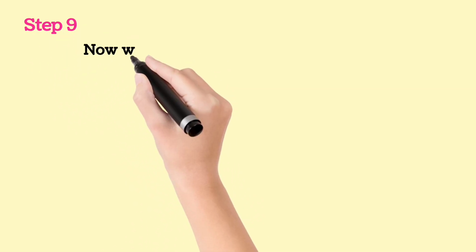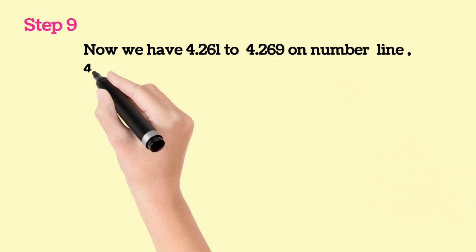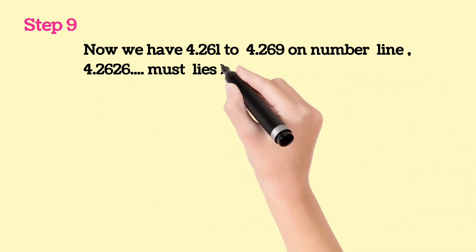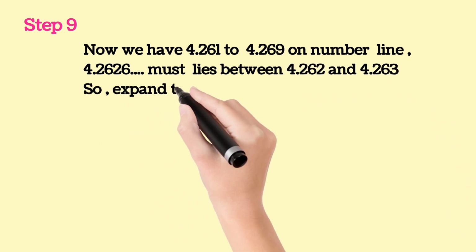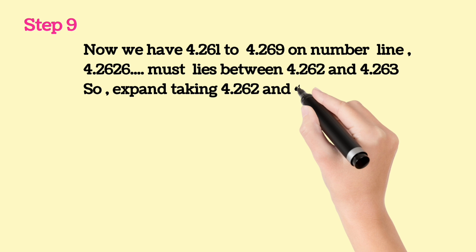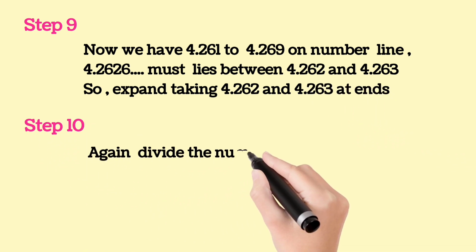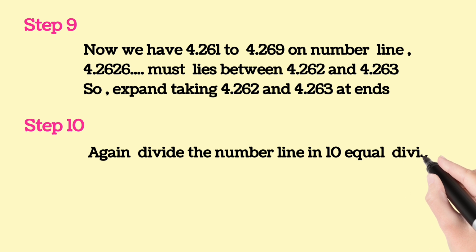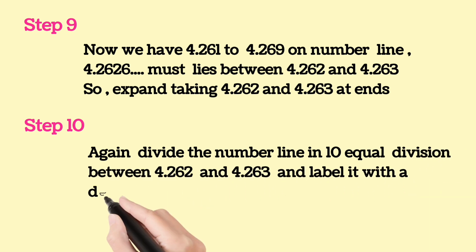Now step 9. Now we have 4.261 to 4.269 on the number line. 4.2626 up to infinity must lie between 4.262 and 4.263. So expand, taking 4.262 and 4.263 at the ends. Step 10. Again divide the number line into 10 equal divisions between 4.262 and 4.263 and label it with a